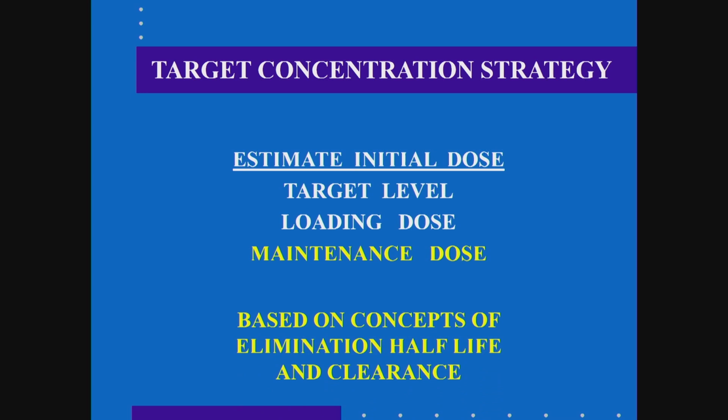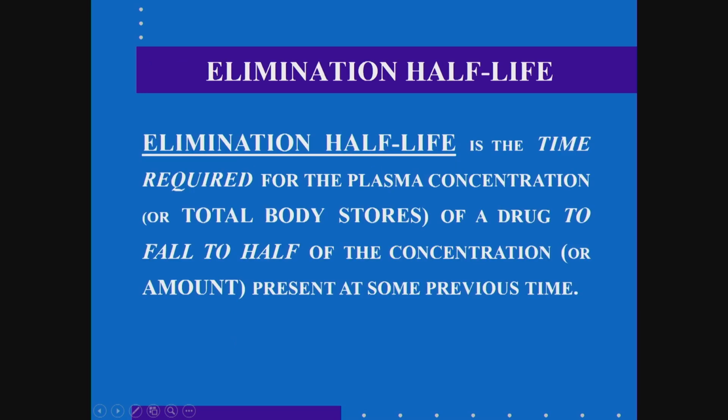Now, in order to estimate the maintenance dose, we need to understand the concept of elimination half-life and elimination clearance, clearance being the other primary pharmacokinetic parameter we referred to a moment ago. So, simple definition, elimination half-life is the time required for the plasma concentration or the total body stores of the drug to fall to half of the concentration or amount present at some previous time. So a very straightforward definition, but again,